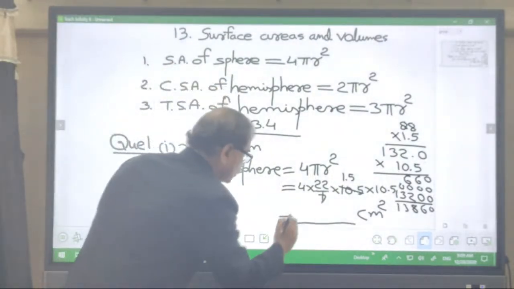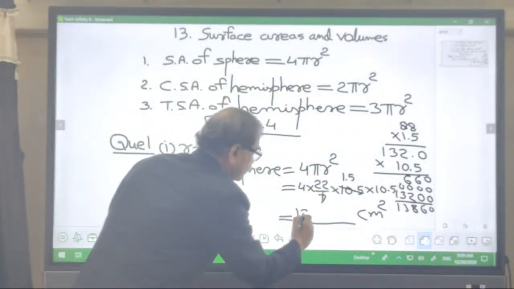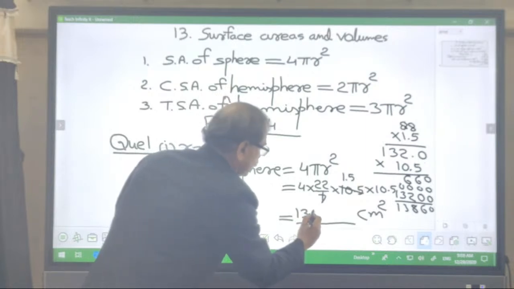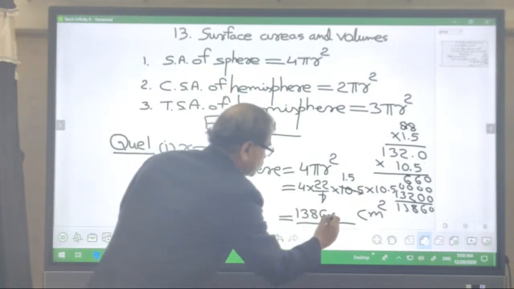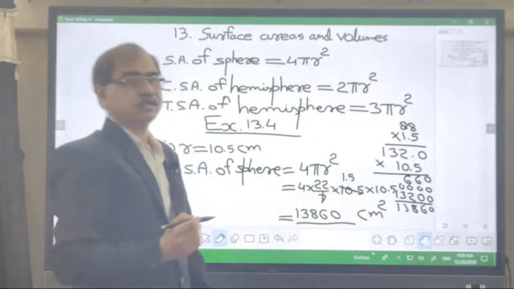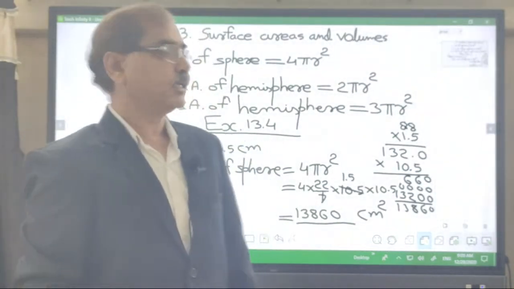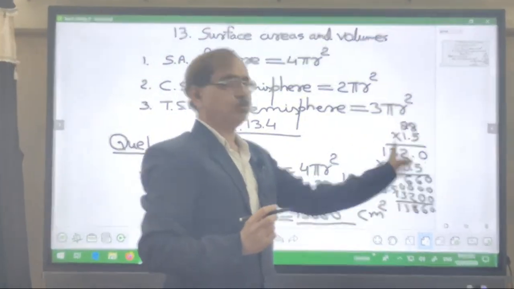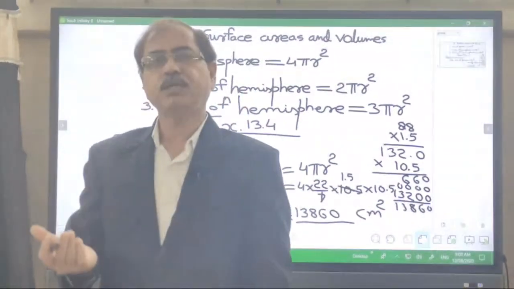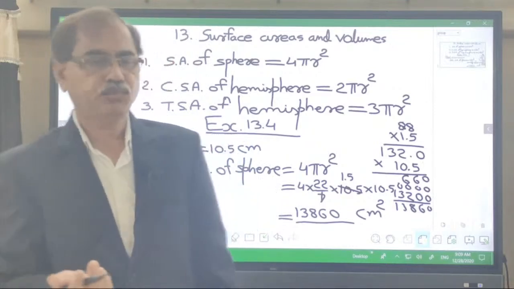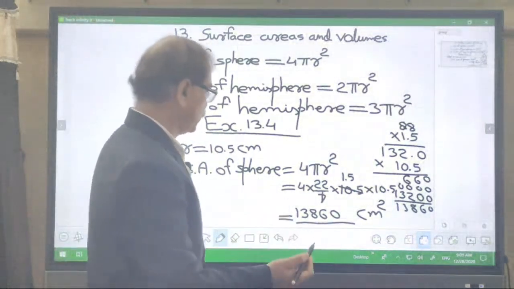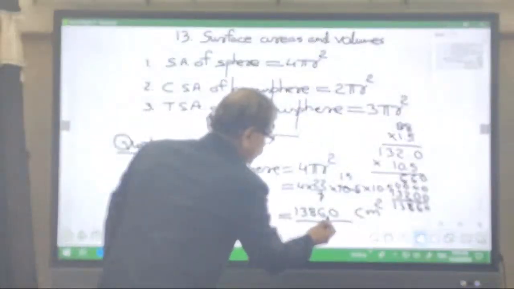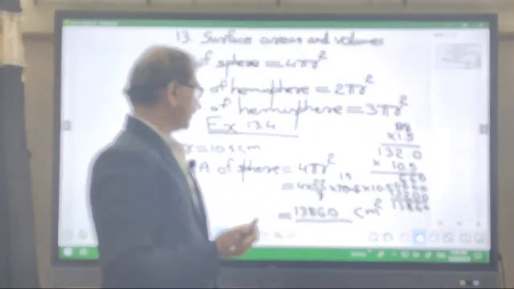What is it we got? 13860. This is the multiplication we have got, but where to put the decimal point? Again, our numbers are 132 and 10.5. Just one digit we have after the decimal point. So before one digit we put the decimal point. So the decimal point is here. So our final answer is